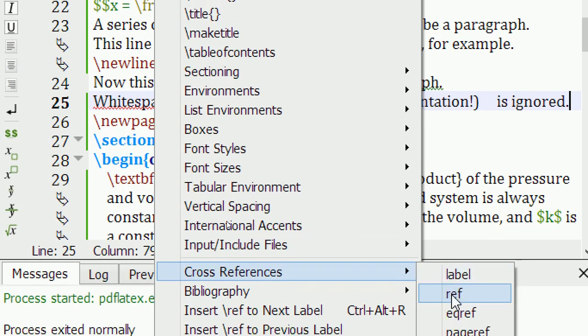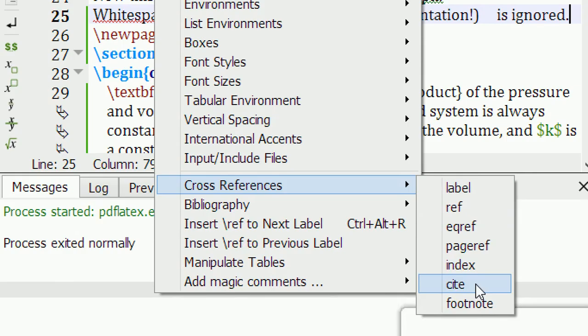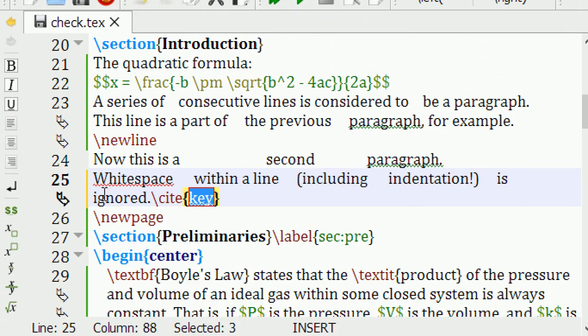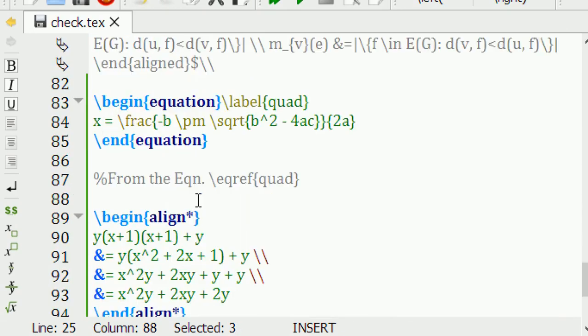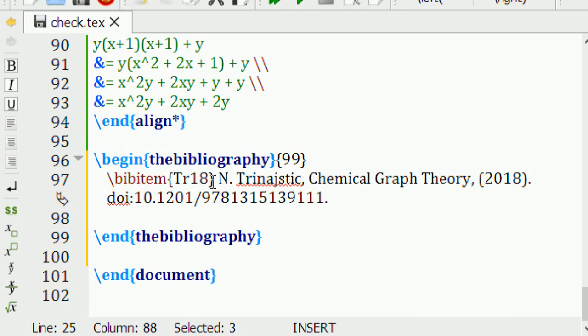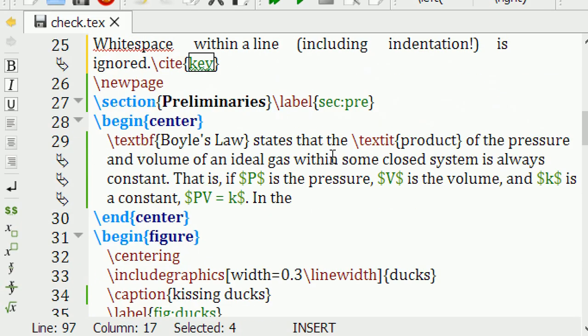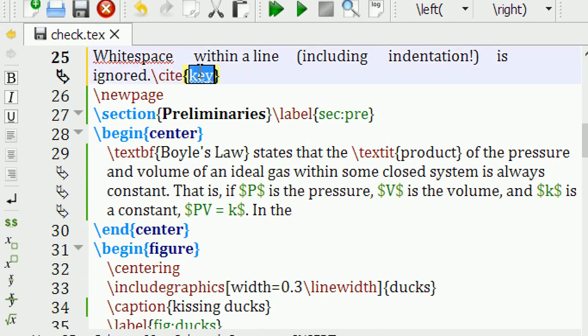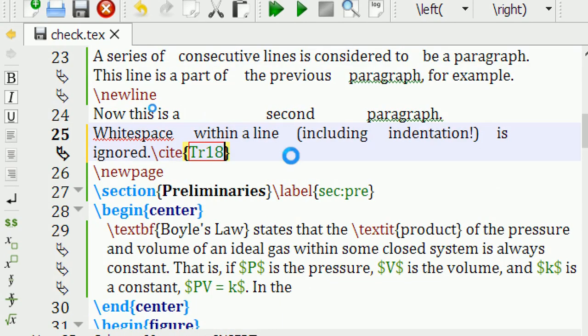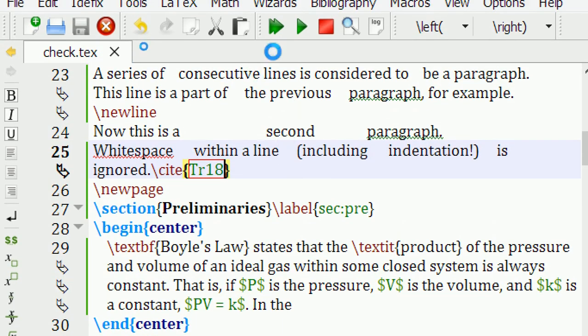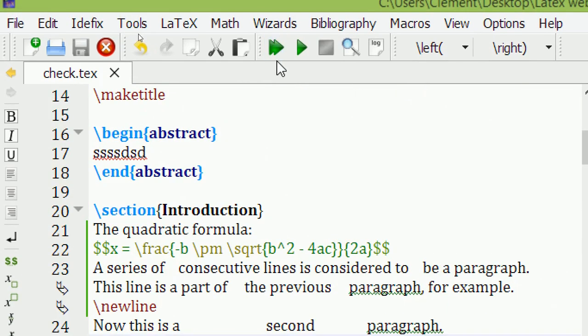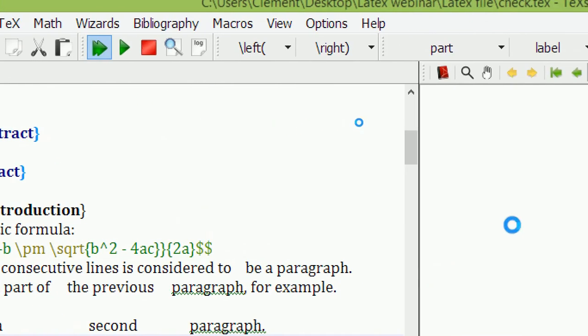The last option is cite. Here it is required to write down the exact key, so you can simply copy that key and then paste it over there. That's it. After that you need to compile it. If you compile it 2 times,